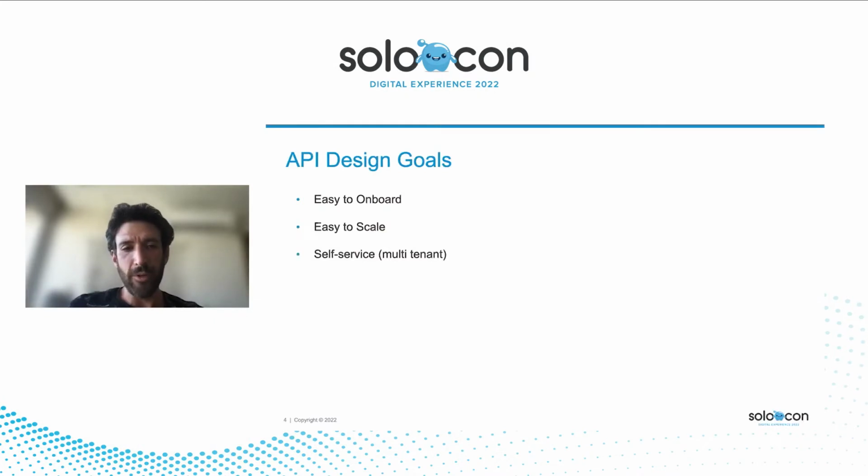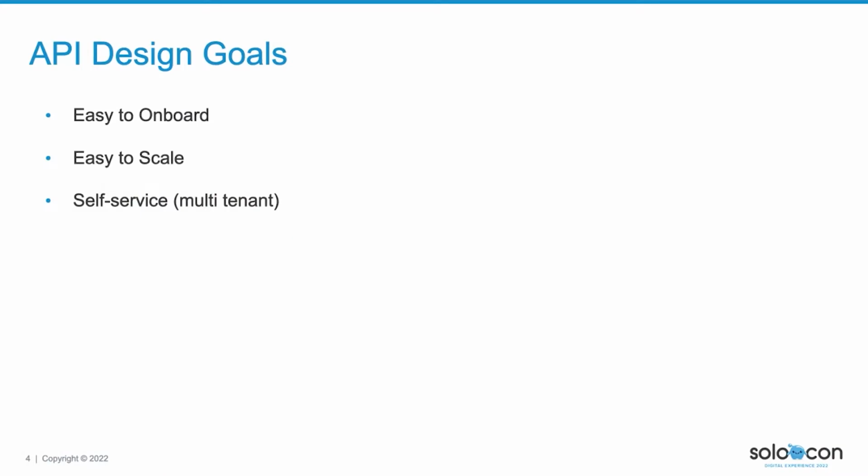So these are our primary goals with this redesign. We've taken feedback from our customers and combined it with our core three principles that we've had an opportunity to revisit, which are the ease of onboarding. We want users to be able to implement our APIs incrementally and have ease doing so. We want our APIs to scale well, so that configuration, even for large complex deployments, doesn't become impossible to maintain. And we want them to be self-service. This allows users to partition sets of their meshes and their clusters in a way that allows for self-service.